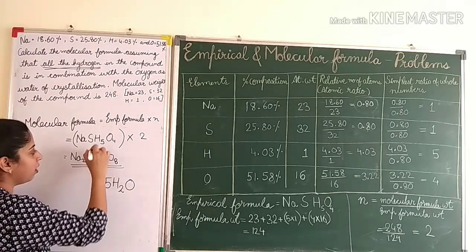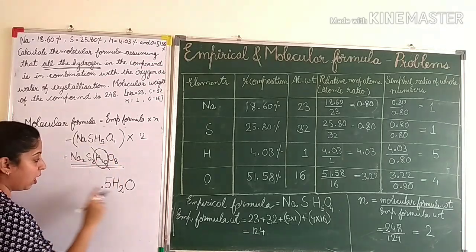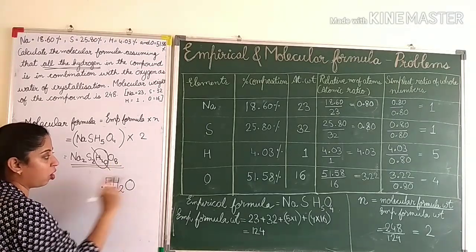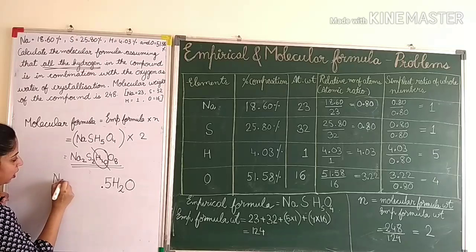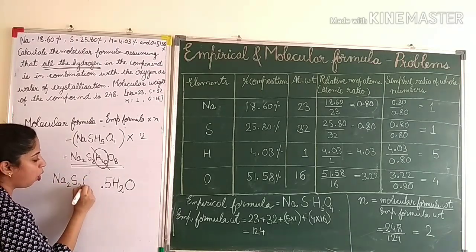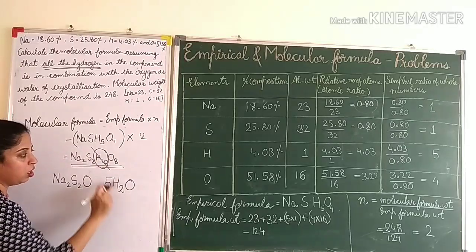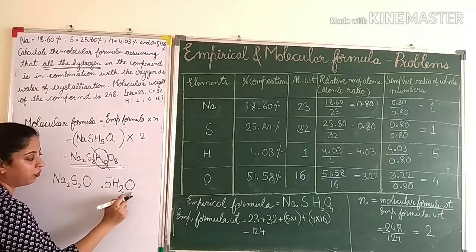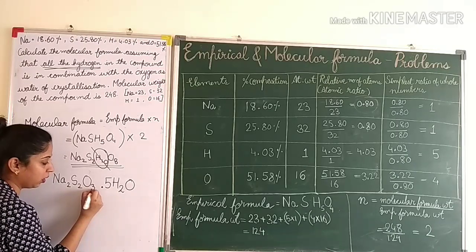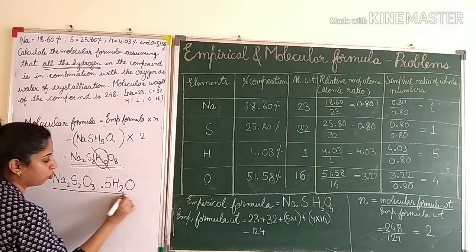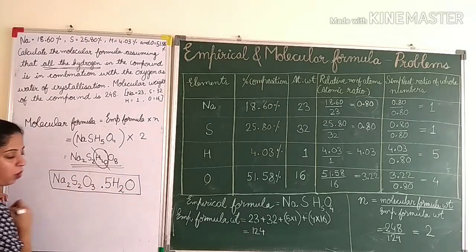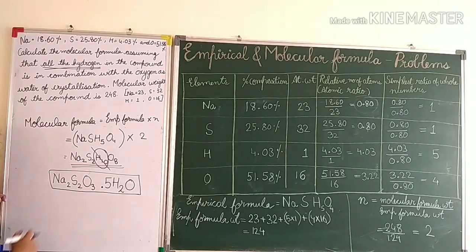So out of this I have taken full hydrogen, and how many oxygen I have taken? 5. So from 8, 5 are already taken. So what will be the formula? See, Na remains same, S2 remains same. Now hydrogen is gone, oxygen was 8, out of it 5 are taken. So how many remaining? 6, 7, 8, 3 are remaining. So Na2S2O3 dot 5H2O is the required molecular formula of the crystalline compound.